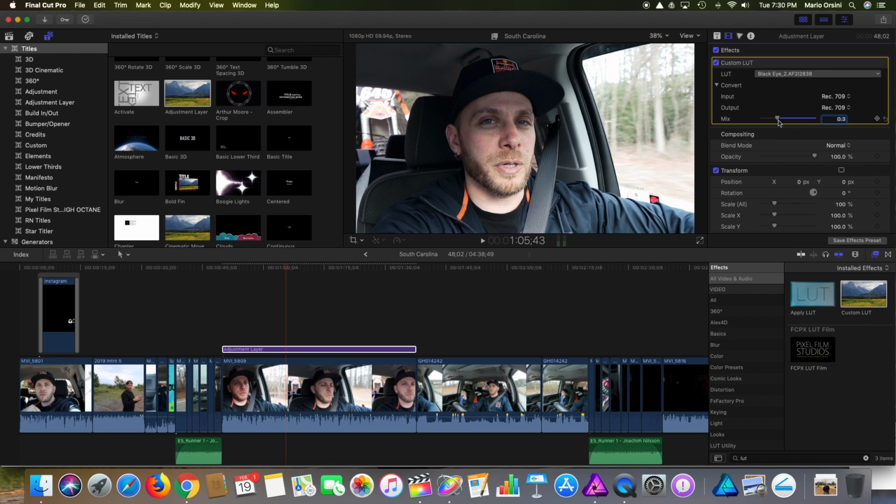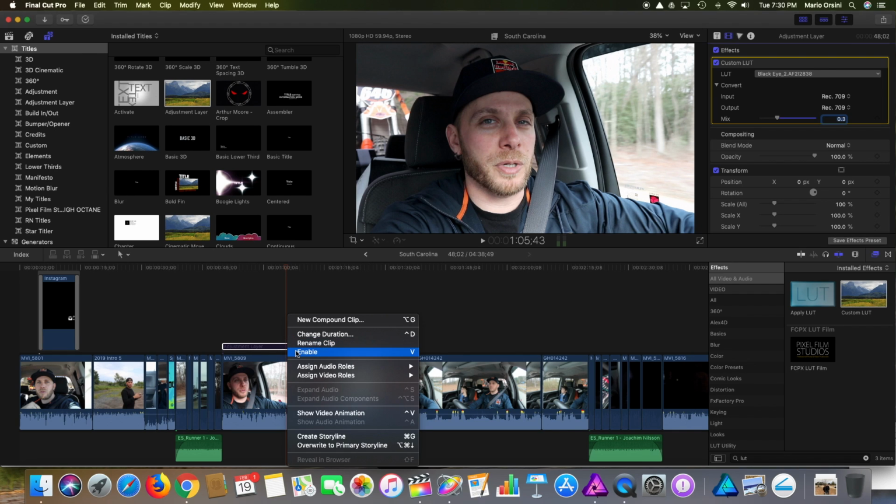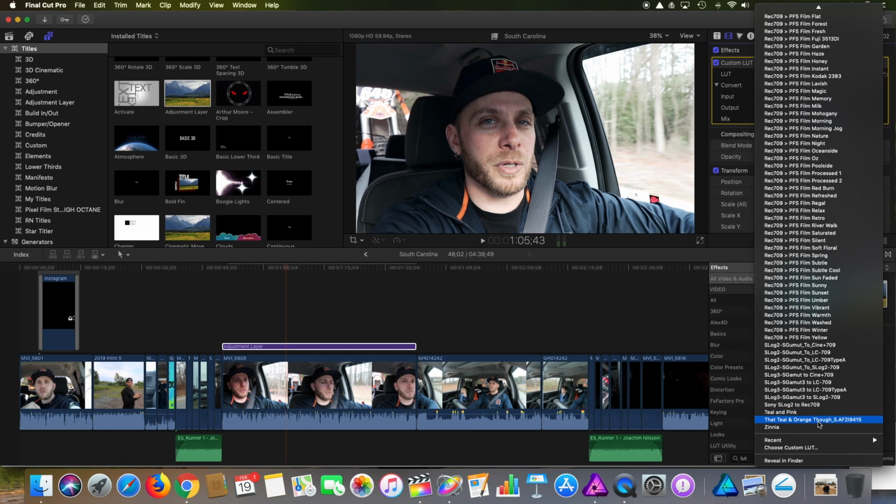But let's take a look at the shot right now and disable it. See, it just darkened things up a little bit. It gave it a little bit different look. So this is something we can use. Let me just get you a more extreme example. That teal and orange though, this is pretty badass. If we add this one in, it may not work well in this situation, but